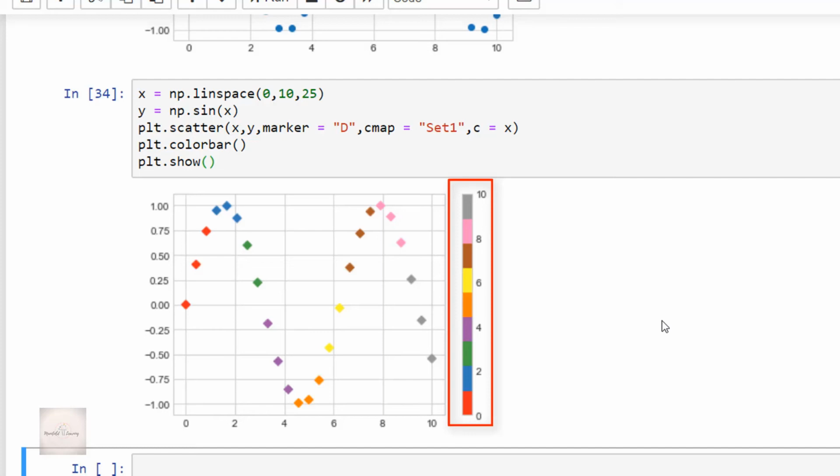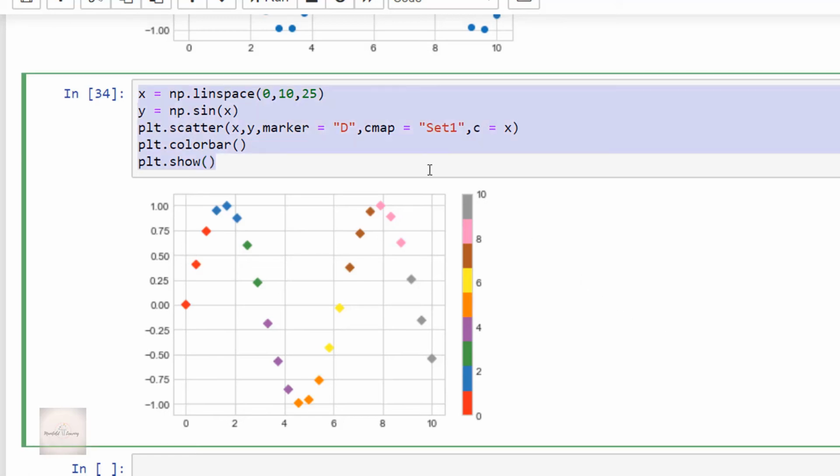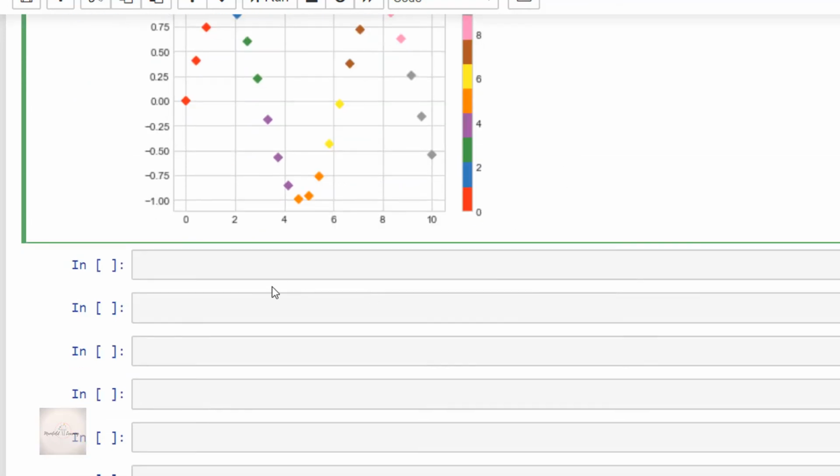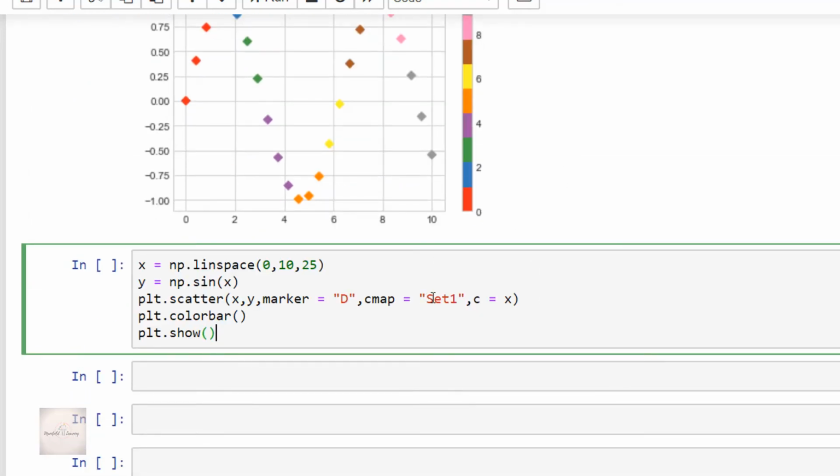Okay, so now let's experiment with some other cmap. We actually experimented with set1, but to be more creative and to understand in a better way, let's experiment with some other cmaps over here. So let me first try with this sequential category, that is, I'll take up viridis. Okay, so in this place of set1, I have given viridis, and let me execute this.